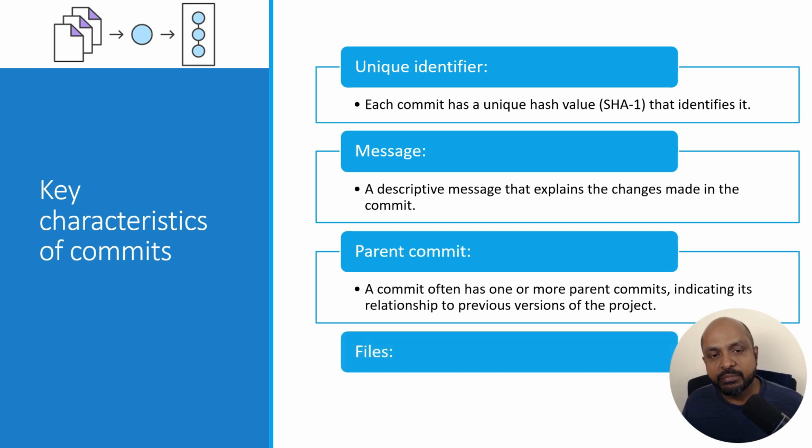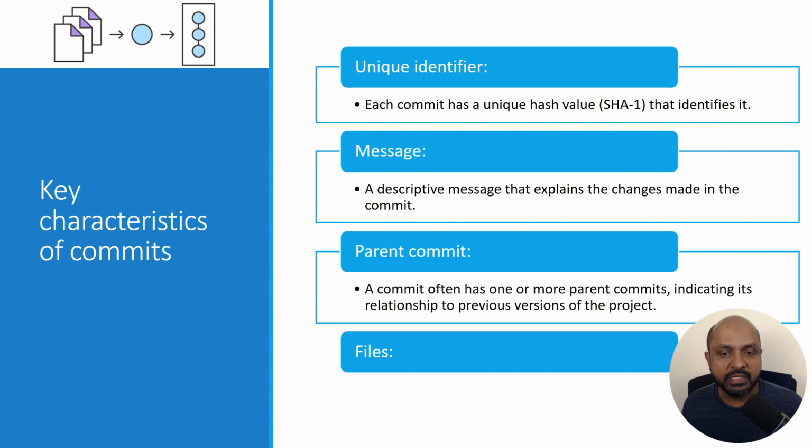The next very important attribute is the set of files. Each commit also records a list of files, one or more files that were modified, added, or deleted in that commit at that point in time. This list not only tracks the changes but also affects how Git handles merging and conflict resolution. By understanding which files have changed, team members can better coordinate their work and avoid any conflicts, ensuring smooth project